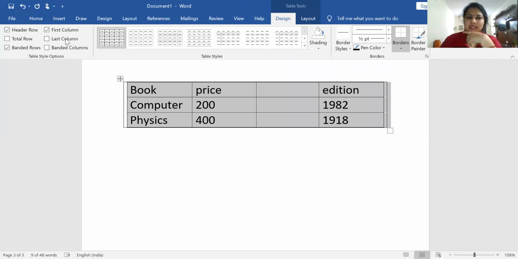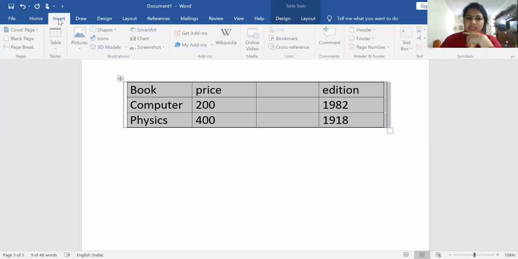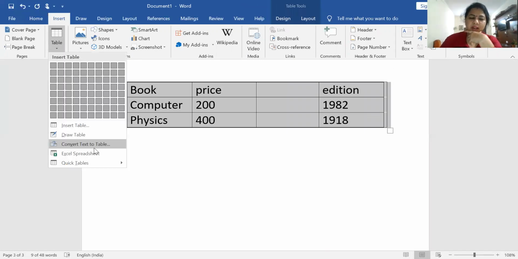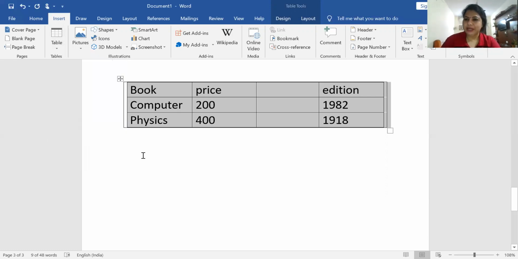Once I select this, I go to Insert, then Table, choose convert text to table, and it will happen. So now you all know how to convert text into a table from the example.